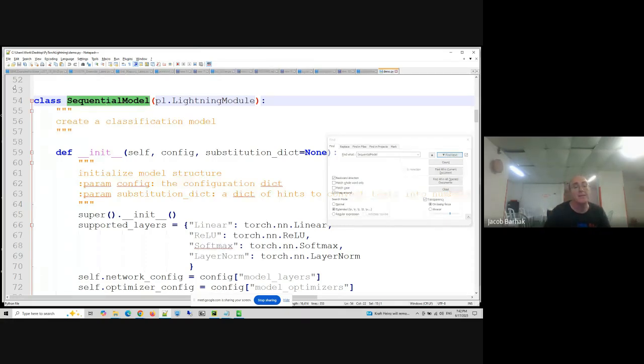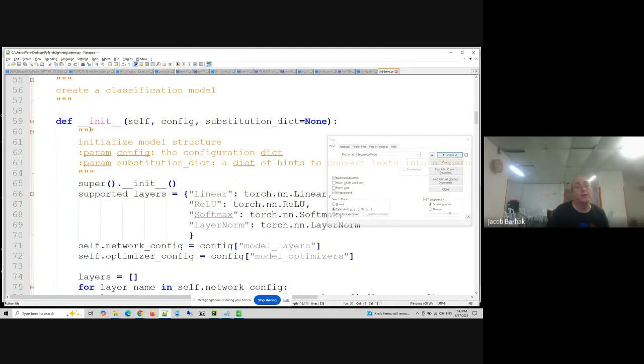You see, this is PyTorch Lightning. PL stands for PyTorch Lightning, and this is part of a module. This means that there's a lot of boilerplate code behind it. What we're doing is overriding some of this code. And this is how we define basically the neural network.